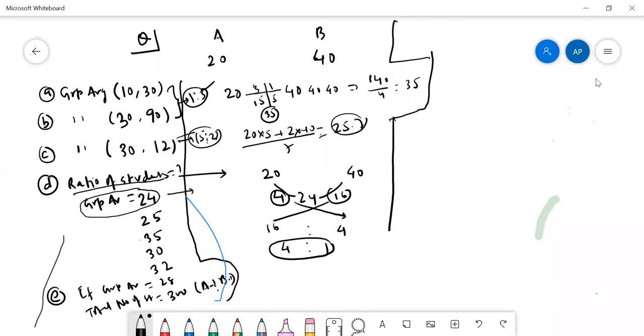So what I'm saying is that every student of A has 20 marks, every student of B has 40 marks, and you want to have group average 24. So every time if one student of A is there, it is 4 less than group average. And if there is one student in group B, it is 16 more than